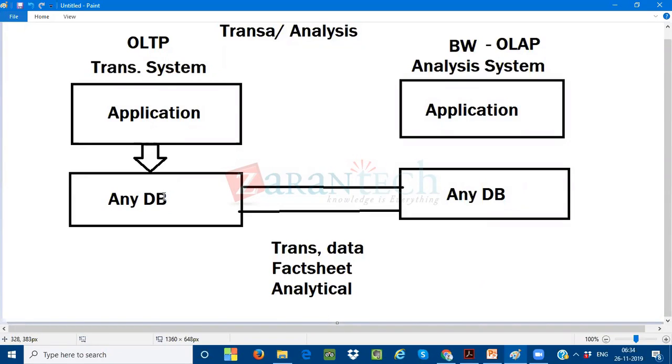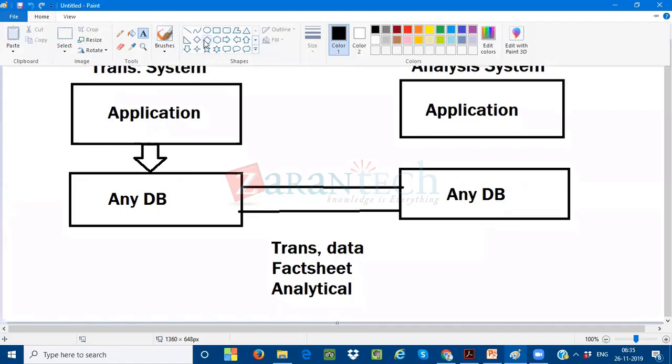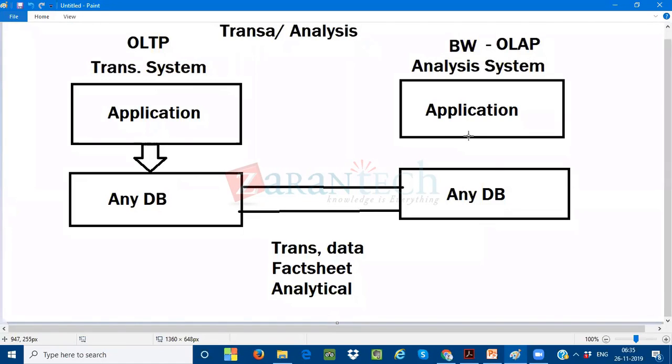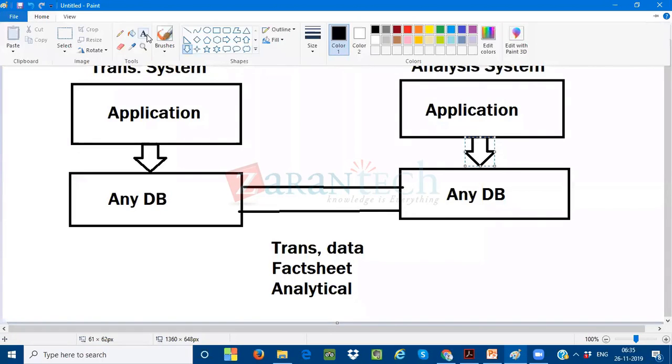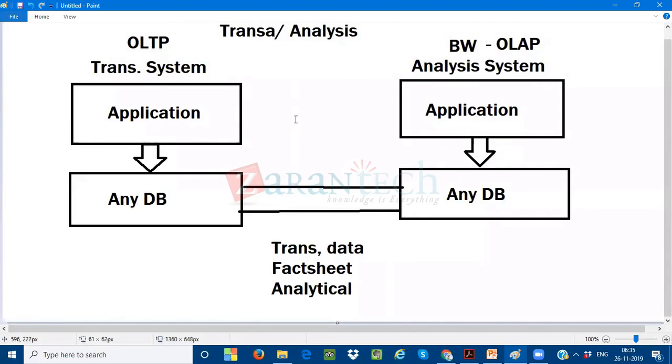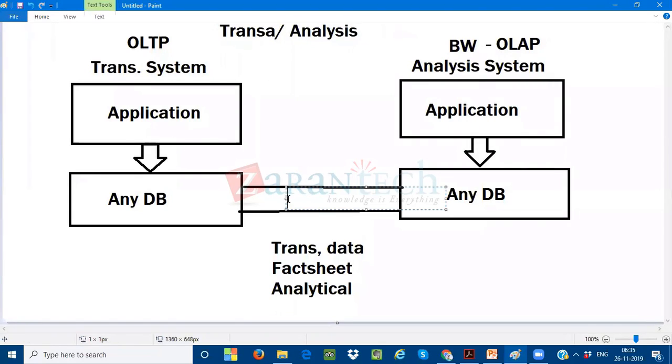So what I have to do is schedule some batch jobs every month and transfer the data through the batch jobs. The data will be transferred to your BW database, which is another database set up on your BW system. This I call, very, very important, the extraction, transformation and loading, the ETL process. Very, very important certification question for all of you. ETL process I can call it.